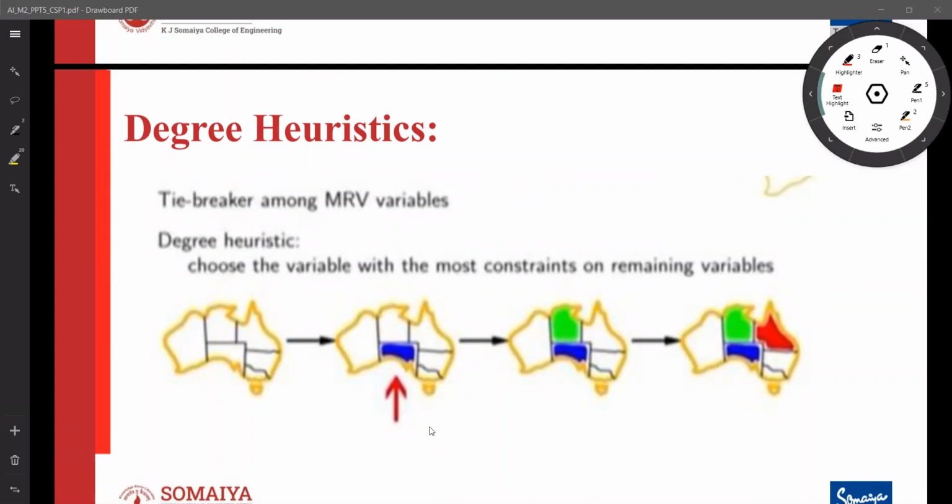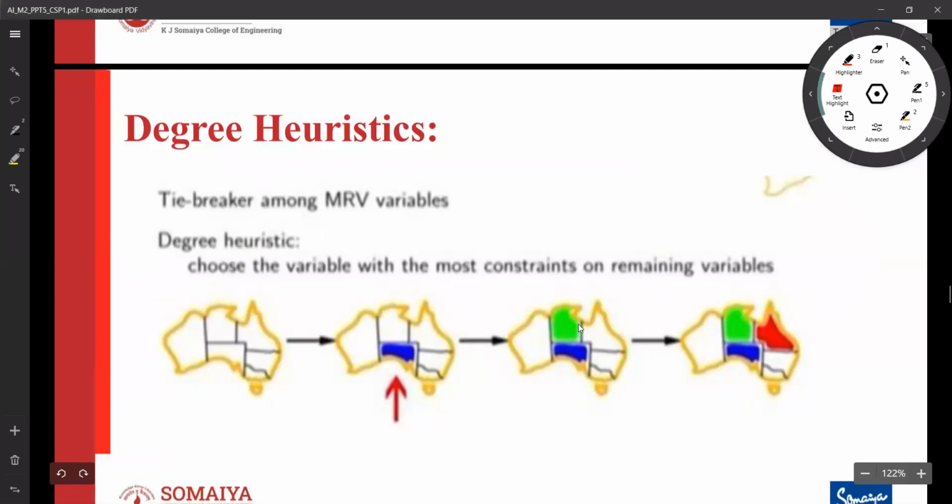Suppose you have an empty set and you don't have to start with anything, and you start with the degree heuristic. Then obviously you first start with South Australia because it has the maximum degree. Therefore, assigning it will make our life simple, and we assign South Australia now. Then for the degree of the other variables, let's say there are only two. Again, the degree heuristic comes into the picture. The degree heuristic says assign the one which has the maximum degree, and there are many which have a degree of two, like Northern Territory. You can see here.